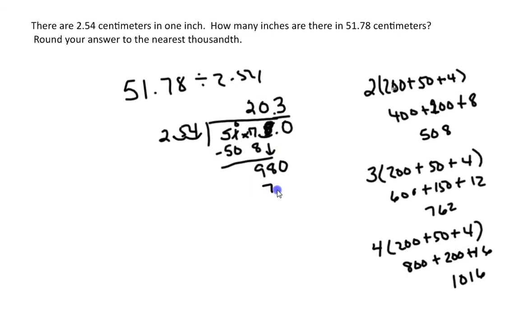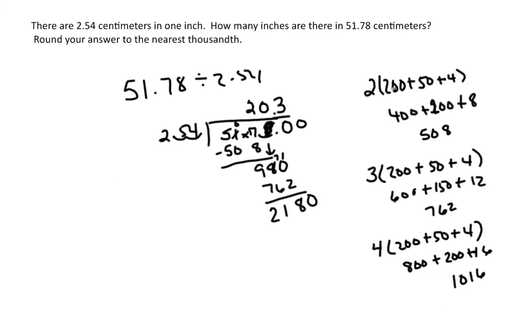And that's 762. Okay, I'm going to borrow. This becomes a 7. This becomes 10. 10 minus 2 is 8. 7 minus 6 is 1. 9 minus 7 is 2. So we got 218. I'm going to create another place value. I have to go out to the thousandths. So I have to go out like 4 place values just to be able to round. So I'm not really close here. If I double that, that becomes